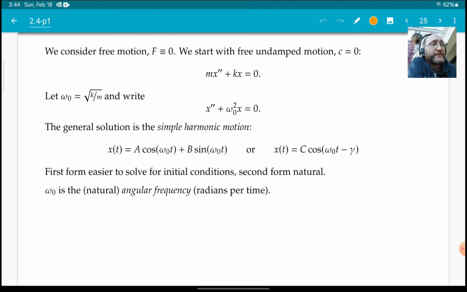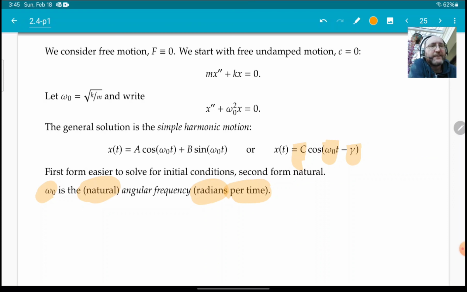So let's go through interpretations of these constants c, omega naught, and gamma. Omega naught is the angular frequency of the motion. It's not in cycles per time, but radians per time. How many radians does the thing move per unit of time? We call it the natural angular frequency,